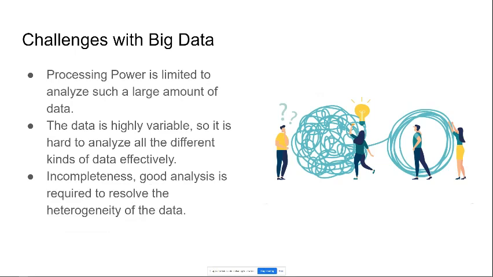Now that we've defined big data, I would like to talk about some of the challenges we face working with it. First, with the large volume nature of big data, it is hard to find the processing power to analyze it in a reasonable amount of time. Also, with the data being so variable, it is hard to efficiently separate and analyze the different streams. Lastly, incompleteness. With big data, it is normal for there to be some inconsistencies and errors within our datasets, so it is important to be able to have a system in place to support the many pre-processing steps to correct this heterogeneity.